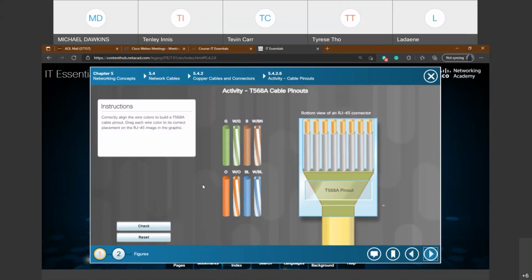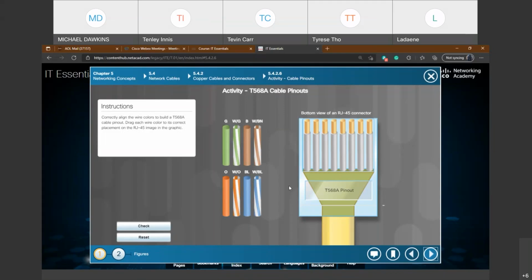All right, correctly aligned. This is how you set up this cable. First, you strip the outer jacket of the UTP cable. Then you even them up, align them up. You're going to put them in order. So remember now, if you are using standard B, that means that you are going to start with orange. So the first cable would be orange and white, right? And the second cable would be